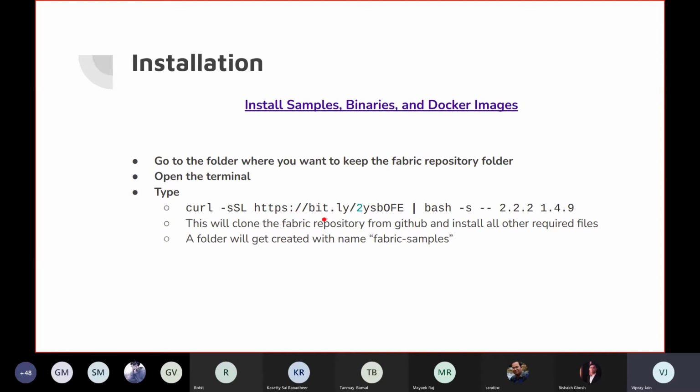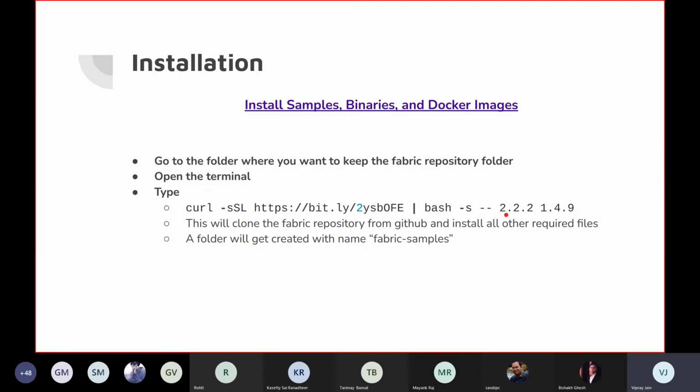This command will clone the Fabric repository from GitHub, and all the important files like binary files and the Docker images which are required to run Fabric locally, it will install from GitHub. And you will see that a folder with the name fabric-samples is created in your directory.